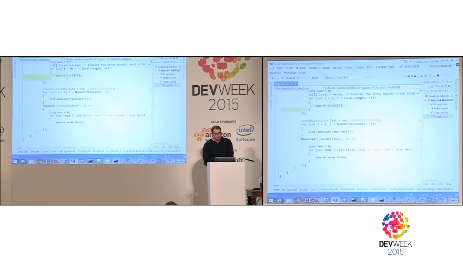So here's one loop I'm measuring. It just goes over all the elements in the array and sums them up. And here's the other loop I'm measuring. It goes over all the elements in the linked list and sums them up. So I hope you all expect there to be a certain performance difference, because I've just explained how lists are